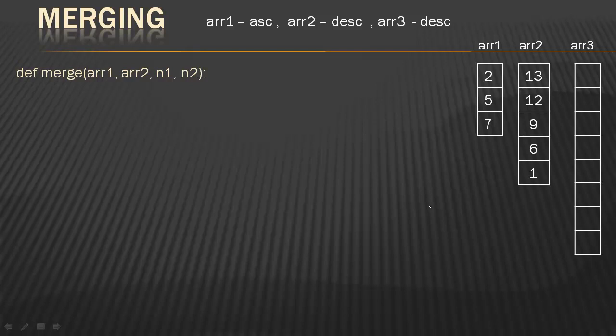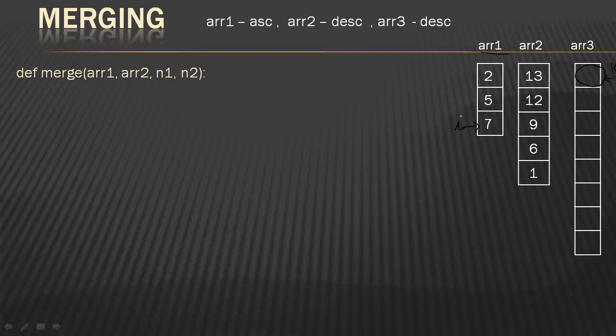Here, your array 1 is in ascending order, your array 2 is in descending order, and your array 3 is also, or should be, in descending order. I told you my K is always going to be on top. It's the I and the J that I have to place. Now, which element do you want here? Array 3 is descending, so you want a big element or a small element? The biggest element. Go and locate the biggest element in ARR1. Where is it? At the last location.